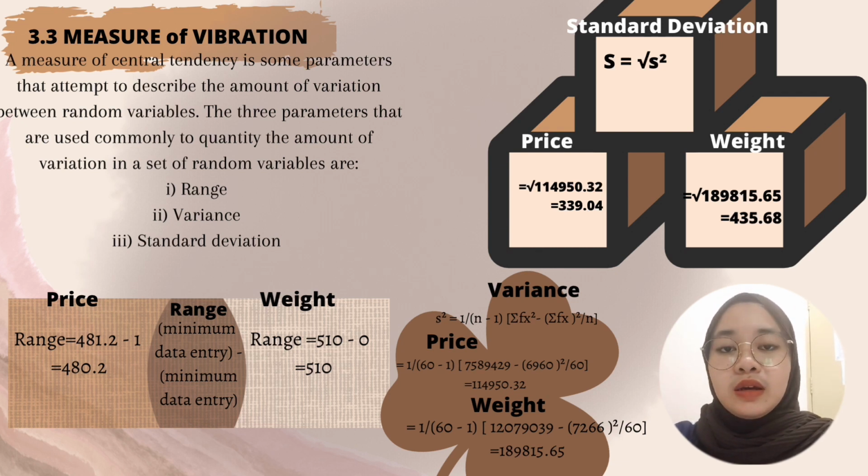For the variance, we got the sample variance for the price is 114,950.32, while the sample variance for the weight is 189,815.65. Therefore, the sample standard deviation for the price is 339.04, while the sample standard deviation for the weight is